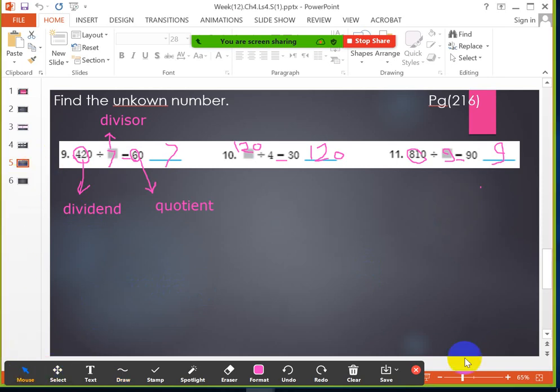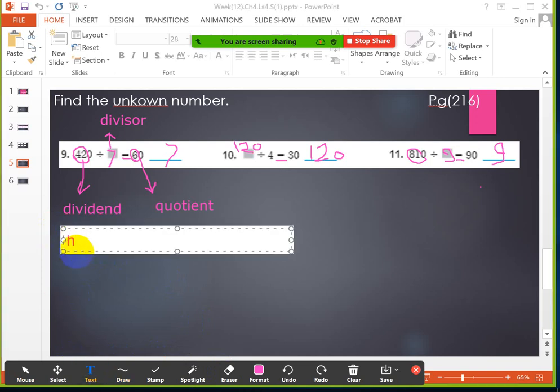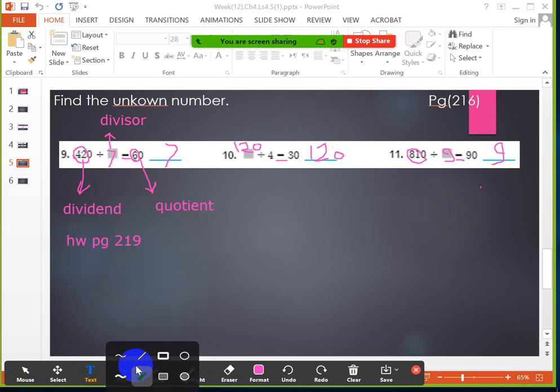Did you finish those? Girls, did you finish those? Okay, so the first exercise in the homework is